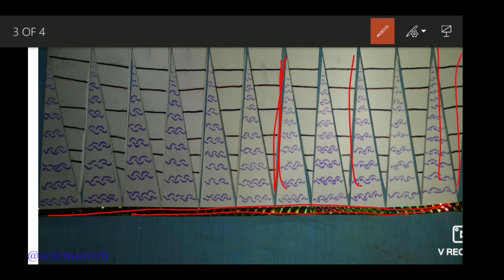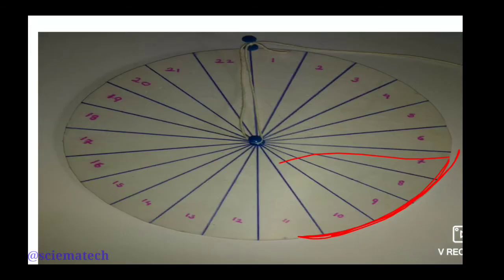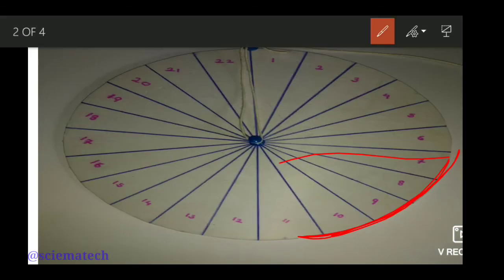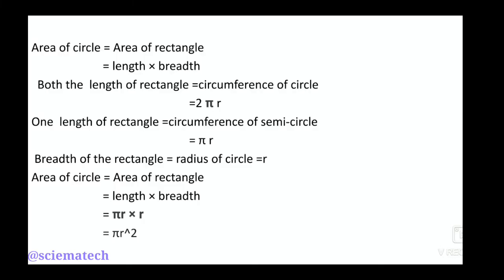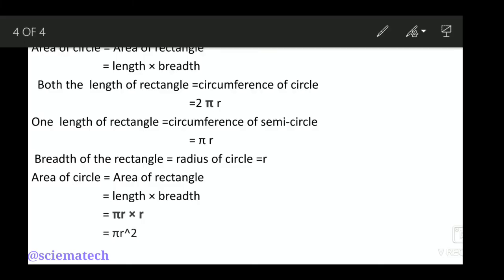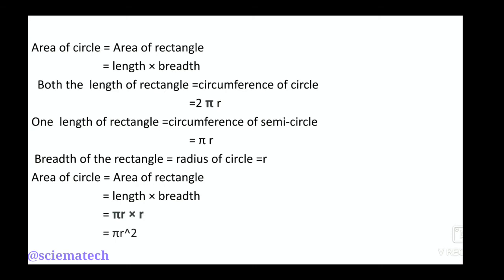Radius is the breadth of the rectangle. This was the radius, and this radius is the breadth of the rectangle, and the circumference is the length of the rectangle now. Right? So I can write area of circle is equal to area of rectangle is equal to